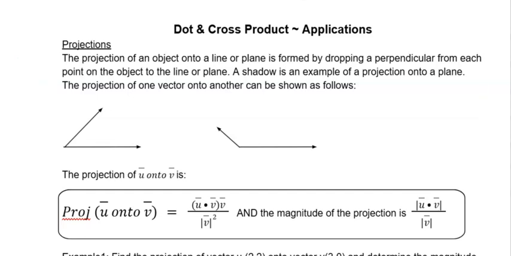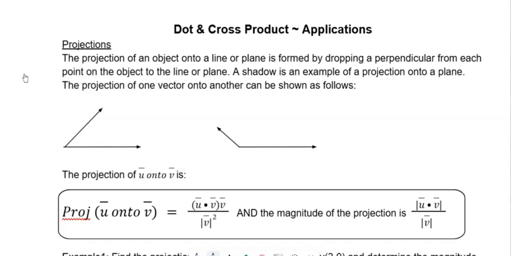Okay, we're going to get into some applications of the dot and cross product, and it's really important that we try to keep in our minds what it is we're actually doing. So we're starting slowly, but try not to fall into an algorithm and try to think about what's actually happening here. So first up, the projection of an object onto a line or a plane is formed by dropping a